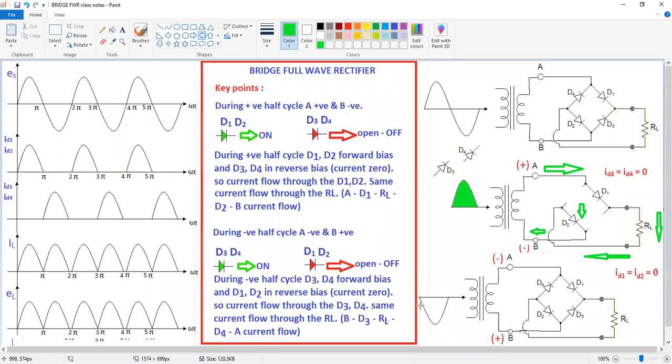Similarly, when you are giving the negative half cycle,